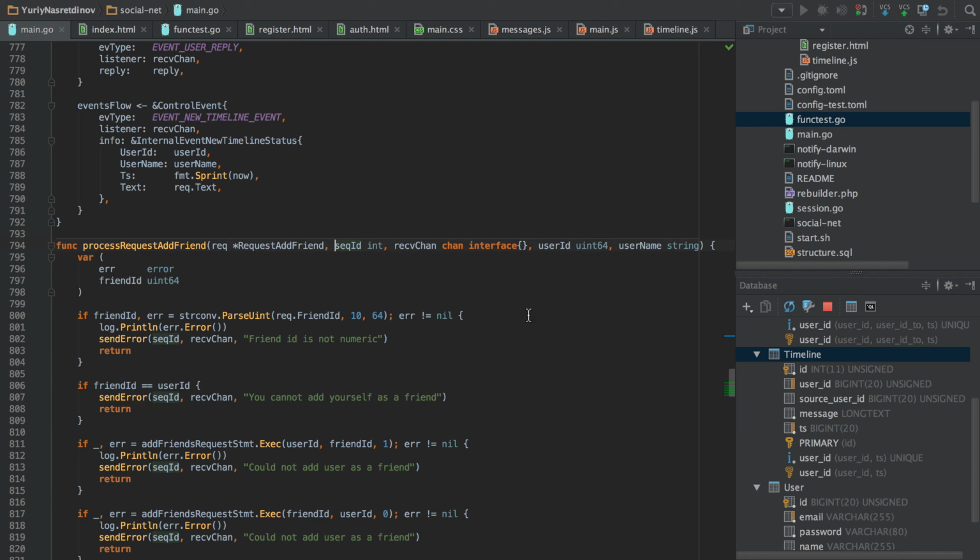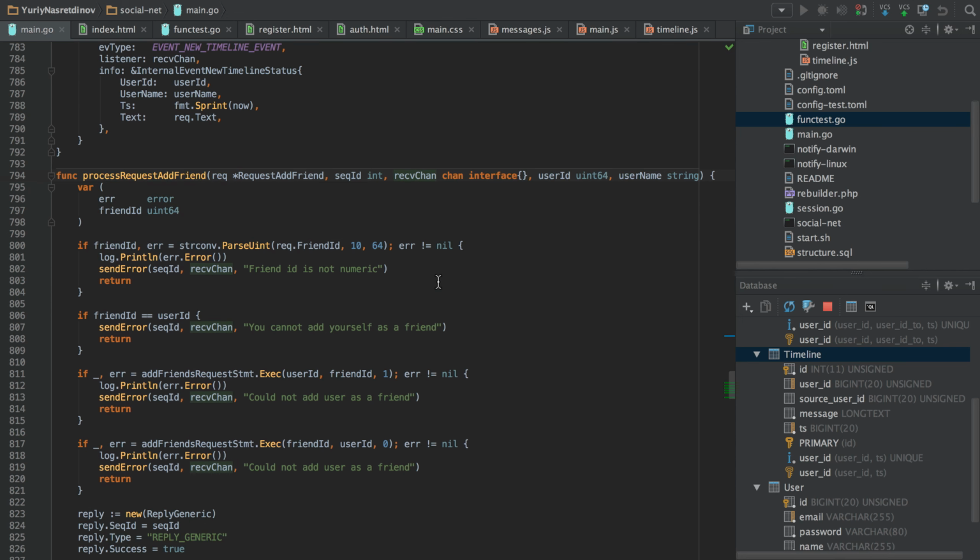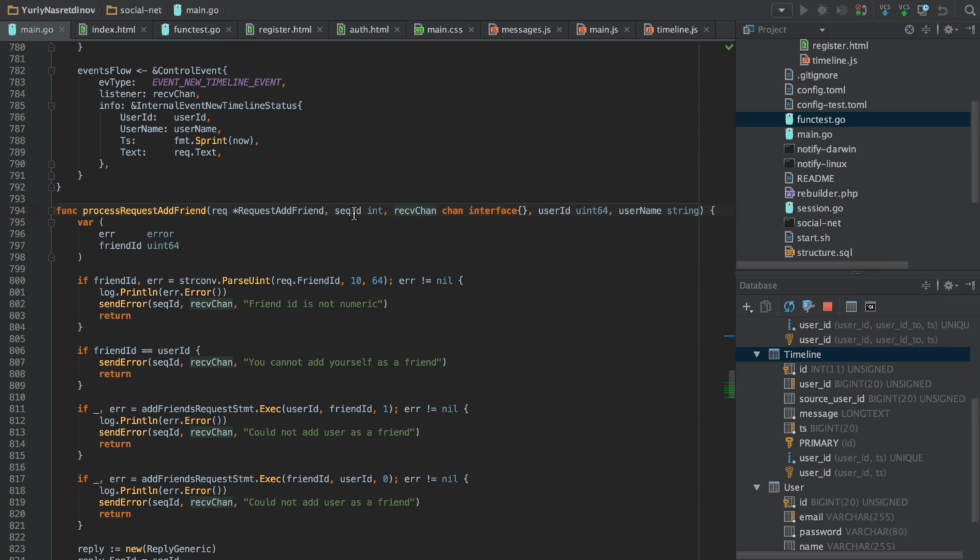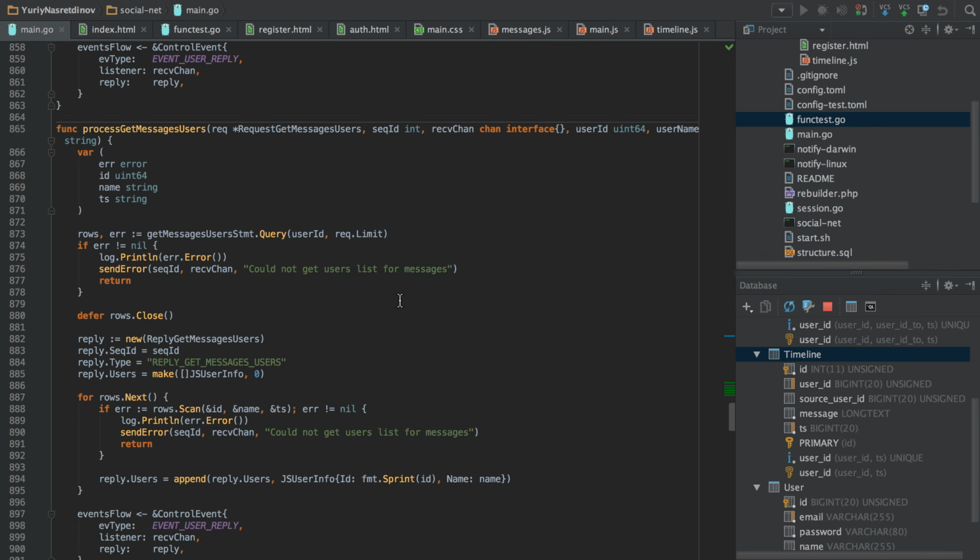Yes, as you can see, all this is the repetitive part, and if you want to add another parameter that is the same for all the handlers, you will need to change the signatures of all handlers. That is not good. So instead, we would make a structure, and handlers would be methods on this structure.